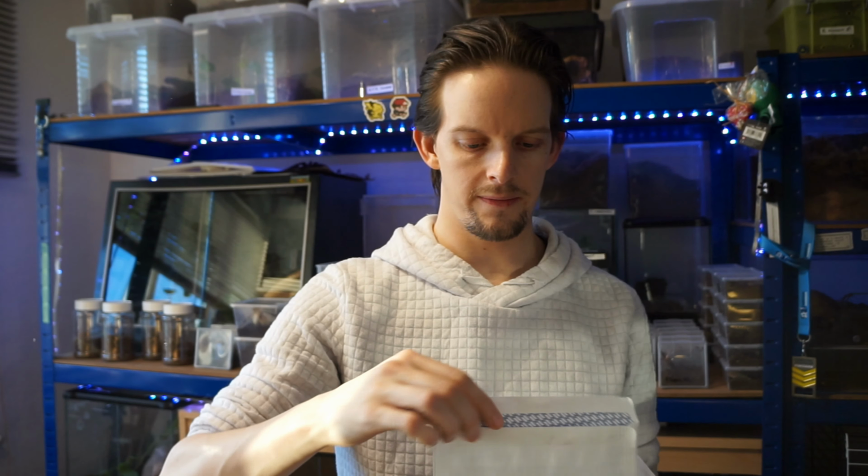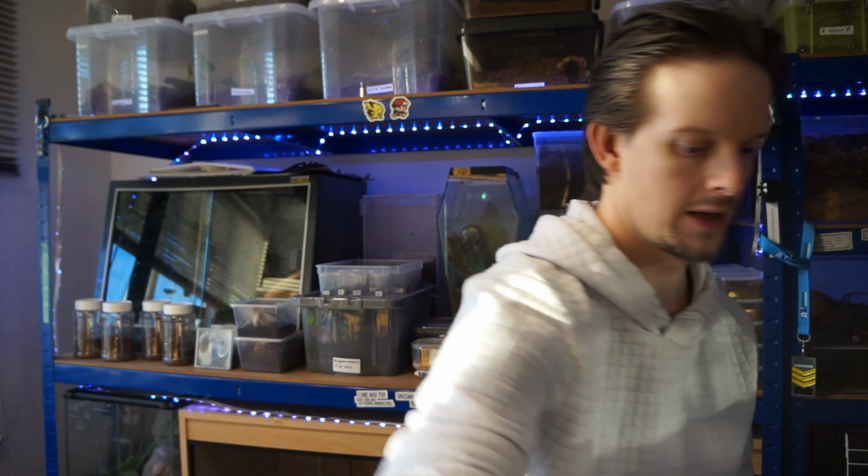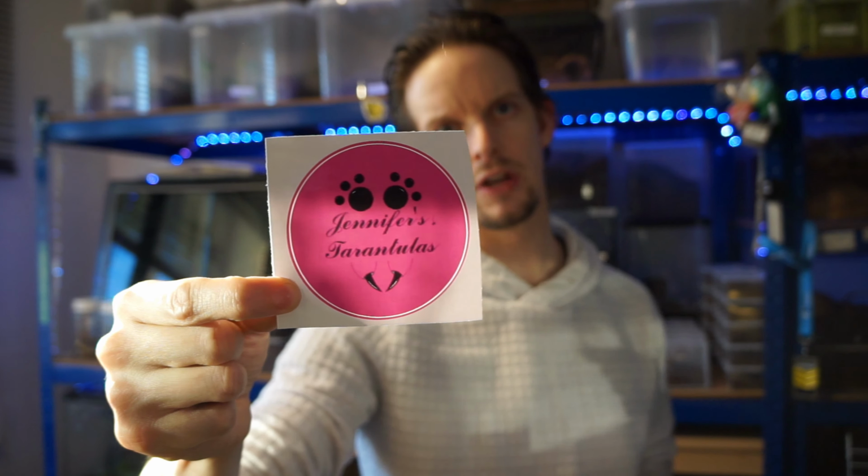So the next envelope here, making sure you can't see my address. Again, there's a couple of stickers here. I'll just show you one of them. They are both exactly the same. And this is Jennifer's Tarantulas. Again, hopefully it comes up okay on camera. If it doesn't, I will put a picture up on screen of it. But really, really nice